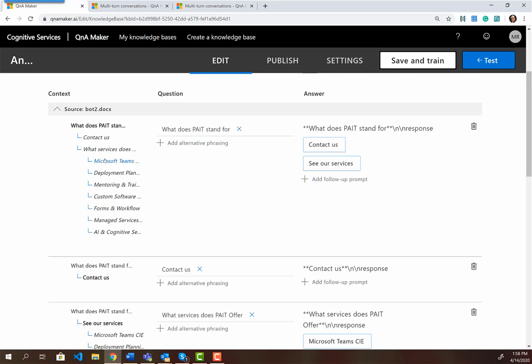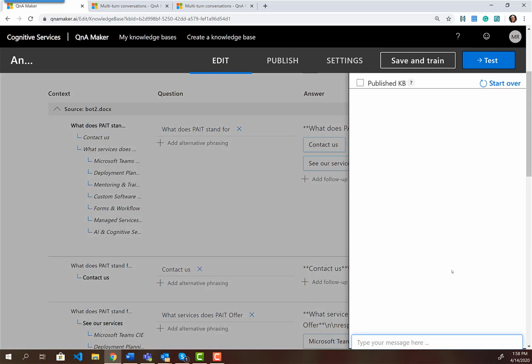You can see by adding that additional prompt, we do see those additional follow-up prompts. And you can actually put multiple levels down of these prompts. If you really want to keep putting people down more and more prompts, you can do that as well. So this structure can get really complicated. There's some great blog posts on making this structure and the thought process you need to put in to making this structure work really well. Again, this video is kind of just to help you guys get over the hump and get started with the multi-turn. So now if I test this bot, I can say,